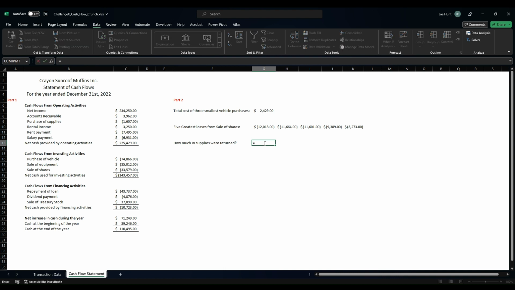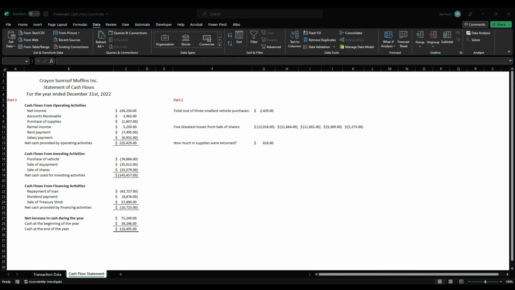So this is going to be very similar to the equation that we did in the purchase of supplies over in part 1. And so we can use the SUMIFS function. And then the sum range, we want that to be cash inflows. Criteria, we can say we want it to be the description where the criteria is equal to the purchase of supplies. Close the parenthesis on that, press enter. Then I'm going to get $616. And that means that we've had $616 in returns of the supplies,